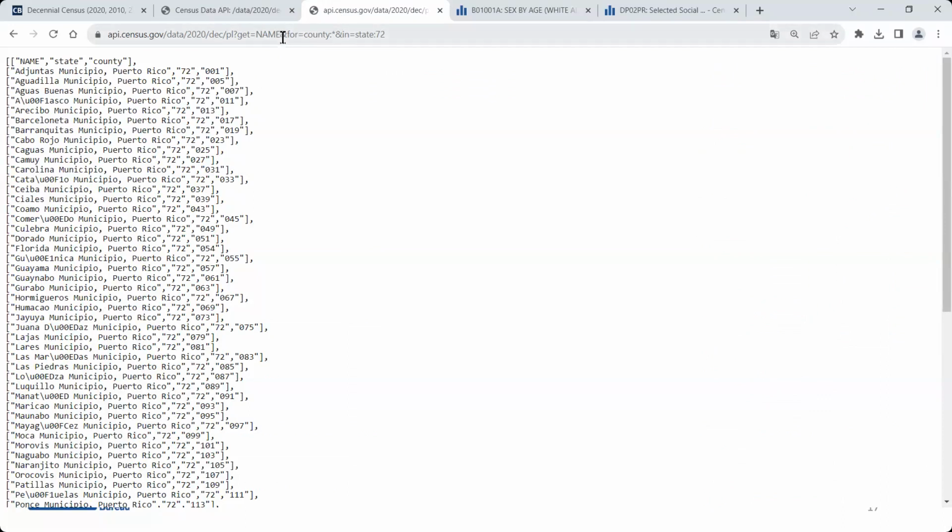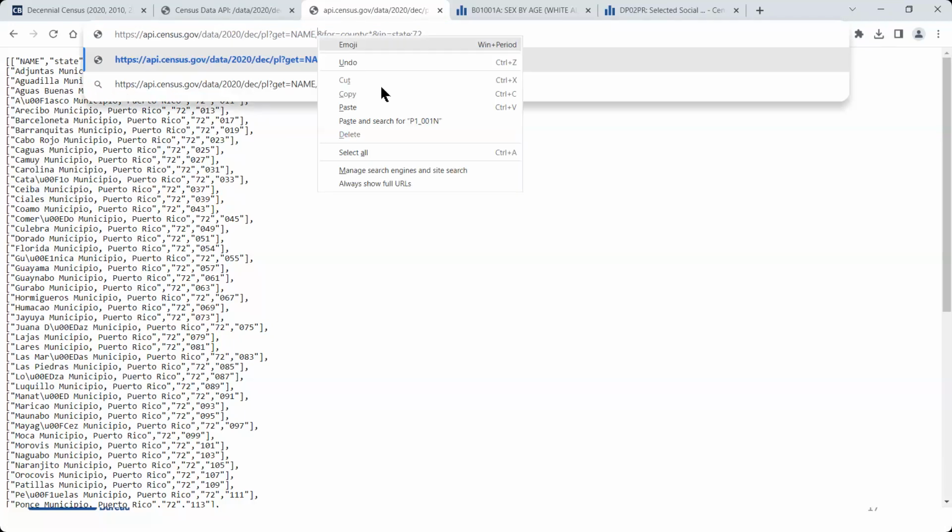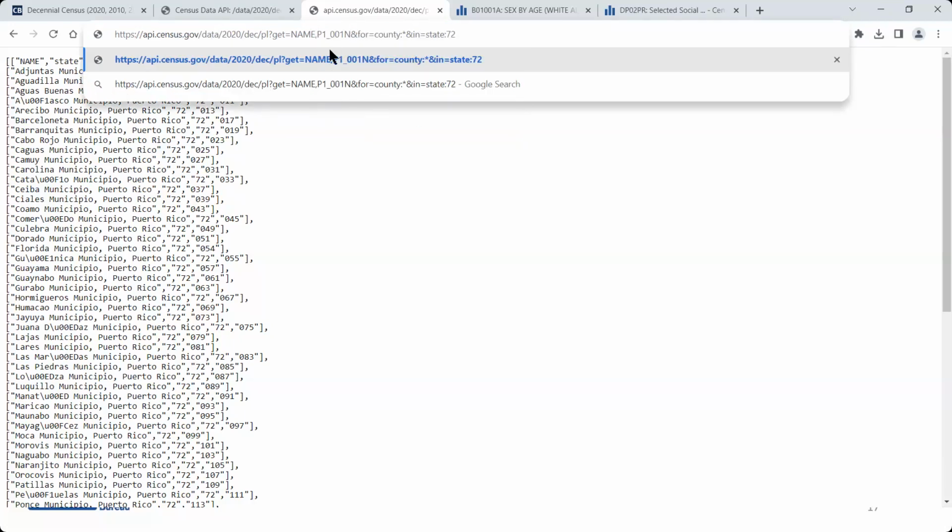I now need to just put in that variable that I had copied. And the place to put in that variable is within what we call the get equals portion here. So it can come anywhere after the equal sign in the URL and before the ampersand symbol where the geography starts. So in my case, I will just put it after the name variable here. And so to do that, we want to add a comma to separate our variables. So I'll have name, comma, and then paste in or just type in P1_001N. So once I do that and I hit enter to reload my page,